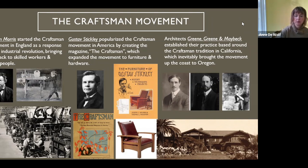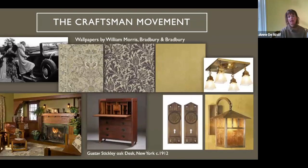graceful architecture. Oops, I'm frozen. Let's see here, what do I have to do to make this move along? There. William Morris created beautiful wallpapers. The sisal, if you can see here, was a popular motif. Very motif-driven design,